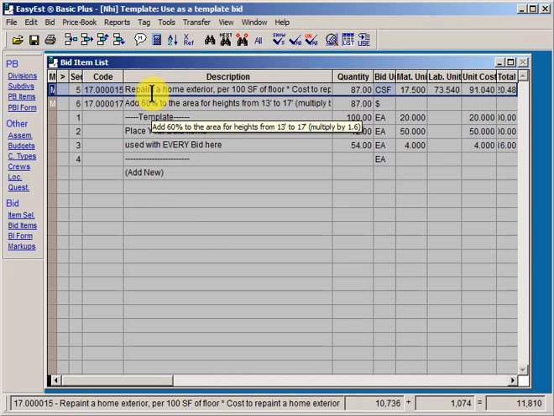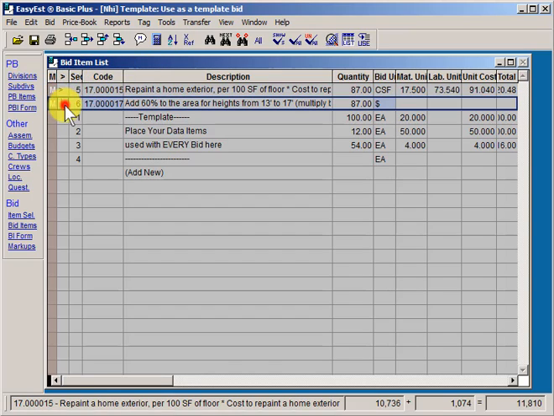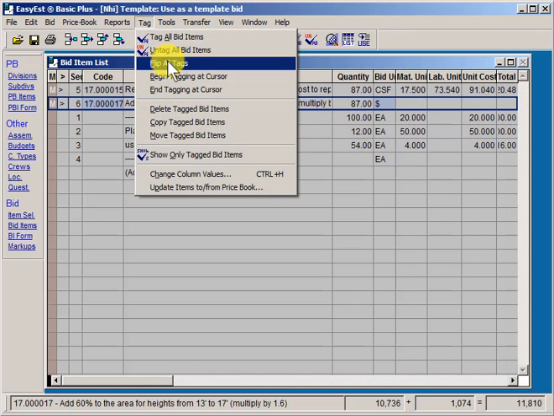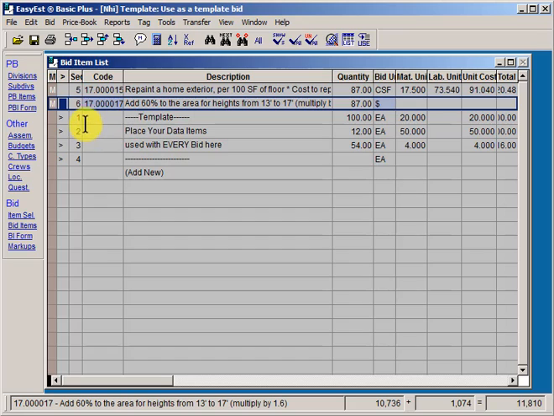This time you could have a number of items in a particular bid, and you may not want all of them to bring into another bid. This is generally going to be the case. So you would tag the items that you want to bring into the new bid, and then go to the tag menu and flip the tags after you tag them, and we're going to delete or get rid of the